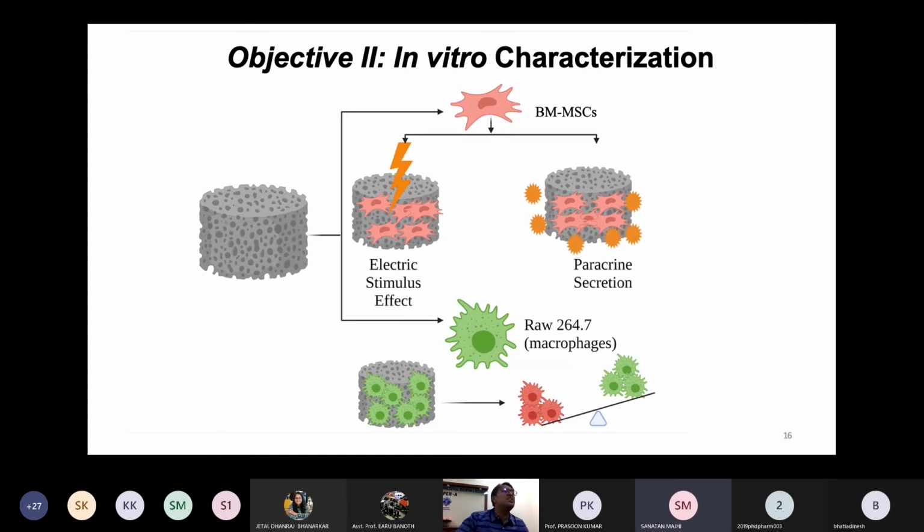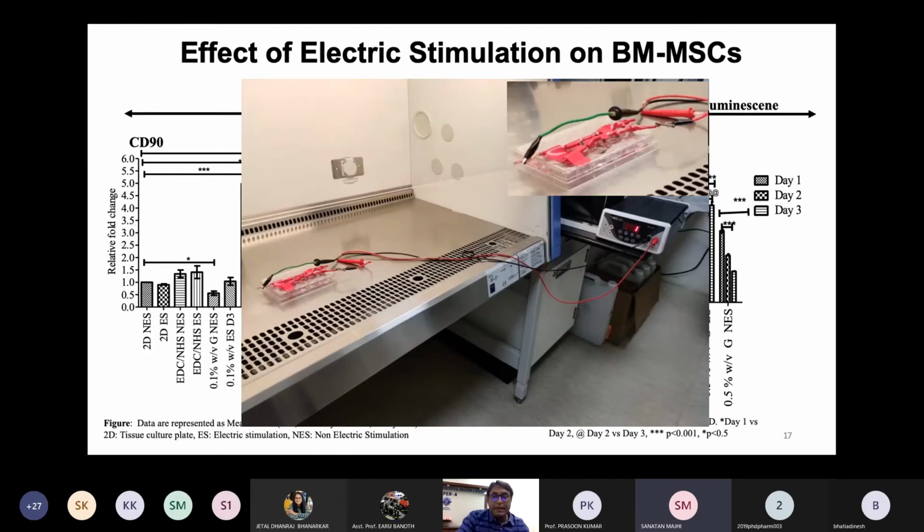We also wanted to see how these materials behave without current, because we need to know what the material is actually doing based on its mechanical properties, sponginess, or electrical conductivity. So we designed this experiment, and you see this setup we have made in house. This is a 6 well plate, and